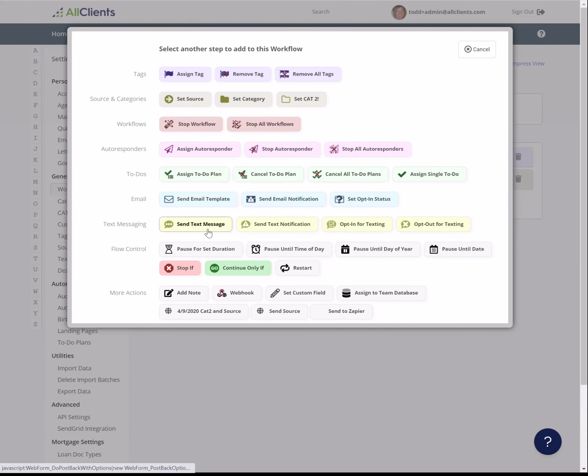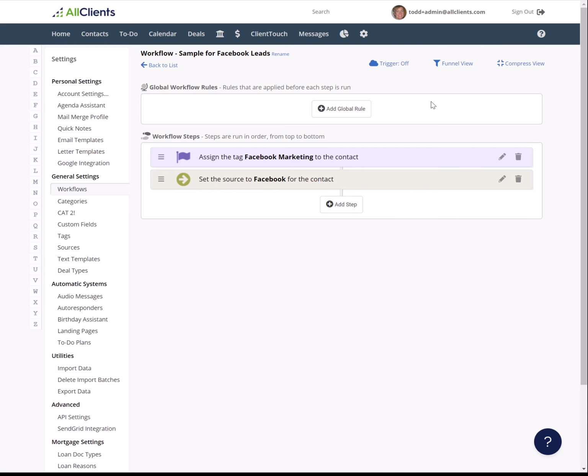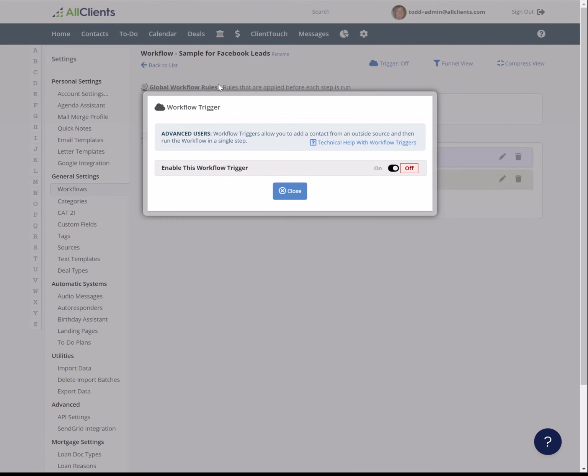We can do lots of other things like send texts, send emails, notifications, run webhooks to other services, to-do plans, autoresponders, a series of emails. But this is the one becoming the core of our product. So in a workflow, there's a thing called a trigger, and a trigger is basically a webhook. So if we go in and enable triggers for this workflow,